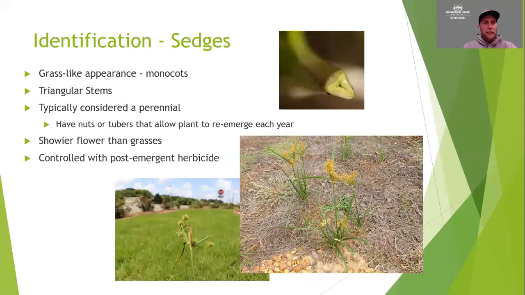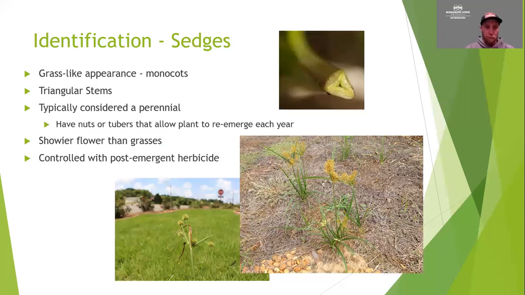Then we have sedges, the third group. They do have a kind of grass-like appearance, like nutsedge. If it's a big mat of it growing together, it could be confused and look like a grass. But they always have a triangular stem. In that top picture, you can see that if you do a cross section of it, it is a very definite triangular stem. And if you roll these between your fingers, you can feel those three sides or three edges